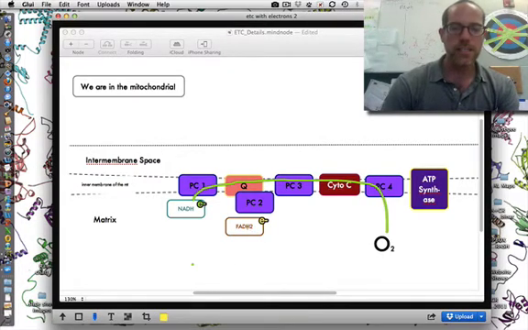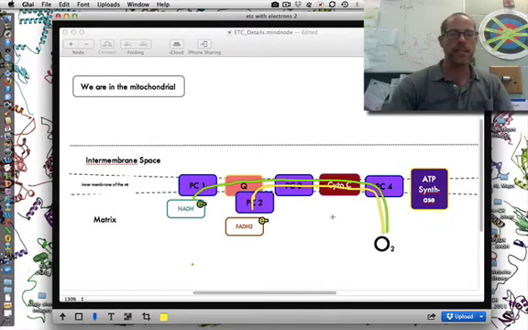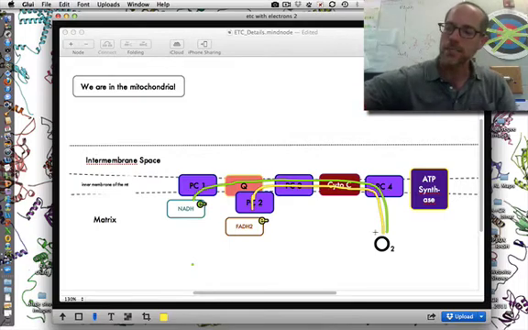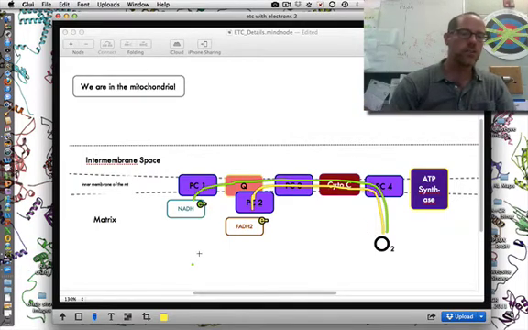Secondarily, FADH2, it donates its electrons to protein complex 2. I'm going to try and get my colors right here. And FADH2, those electrons are going to also flow down the electron transport chain to oxygen. And so we've got that continual flow of electrons from these electron shuttles to oxygen. And ladies and gentlemen, this is going to be constant as long as there is food to be oxidized and broken down, and as long as there is oxygen within the cells. These electrons are going to flow.